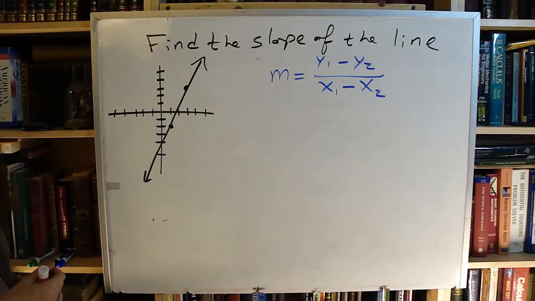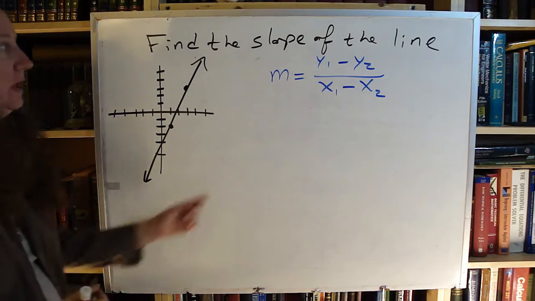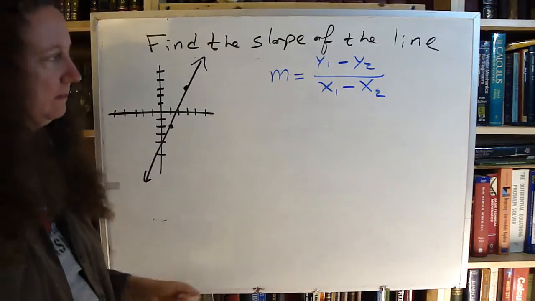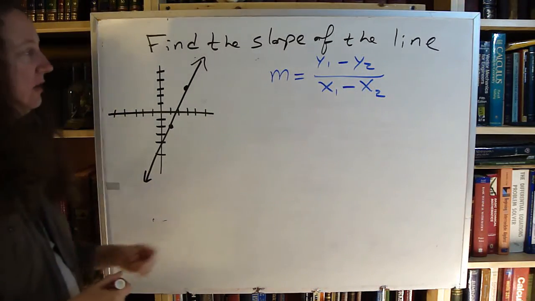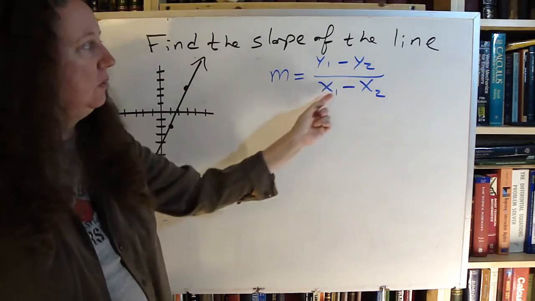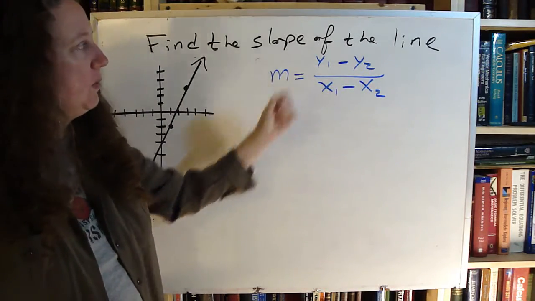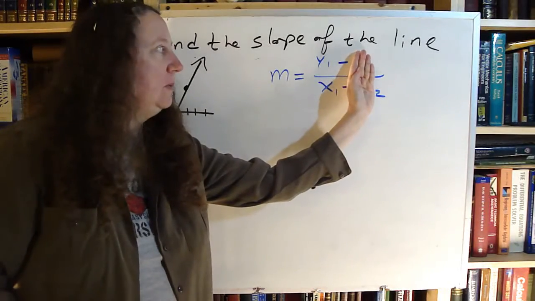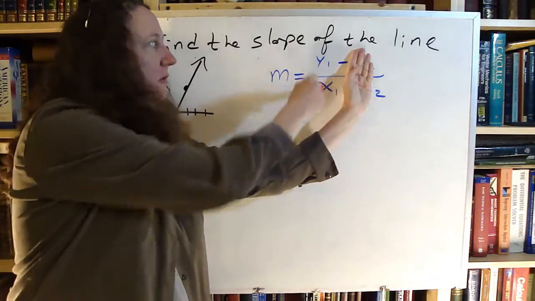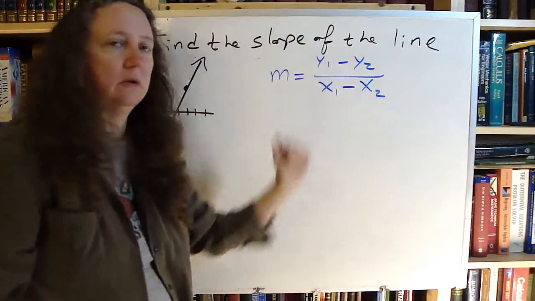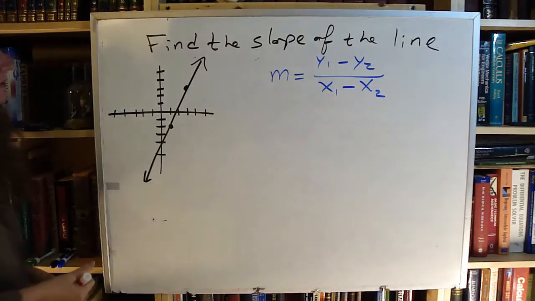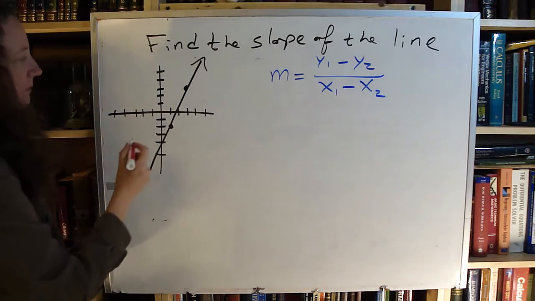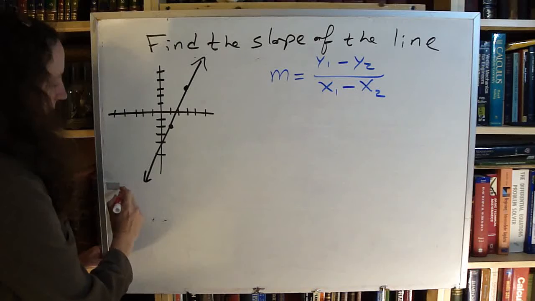Find the slope of the line. Anytime you're trying to find the slope, you need to have your slope equation. So write it down. Anytime you're trying to find the slope, you also need to know what your 2 points are. x1, y1, x2, y2. Notice that when I wrote my equation down, the first point and the second point. Now I need to find out what those points are. So as I'm going from left to right,